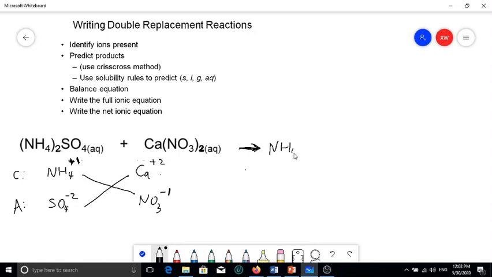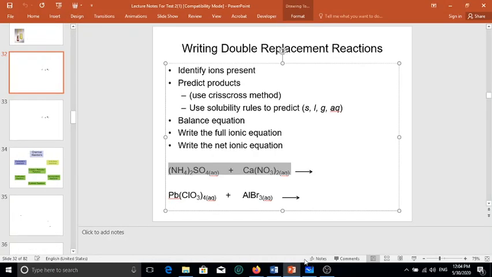NH4 is +1, cation in the front, NO3 is the anion, goes second. So positive 1, negative 1 charge, so they're just going to be like that, a 1-to-1 ratio. Plus sulfate negative 2, calcium positive 2, and then calcium in the front as the metal goes first, sulfate next, no charge. Positive 2, negative 2 cancel out. All right, and then you're going to go to